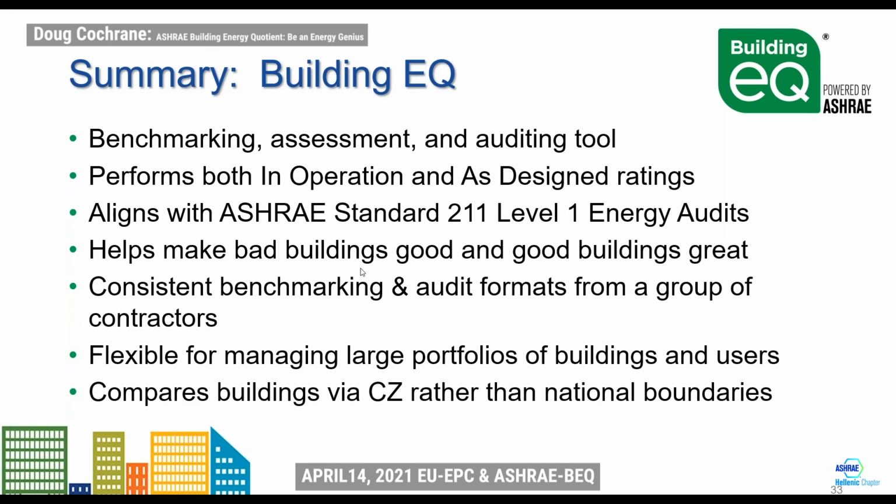Just a quick thing, to give you some idea of what the committee is looking at now: we're looking at the performance rating method for ASHRAE 90.1 to bring that in for the as-designed rating. We're working with TC 9.9 data centers to come up with some commonality on what can be used there. Looking at system level KPIs, which seems to be a big thing these days. Digital twins, and lastly, the ASHRAE headquarters building. We've got a few issues with the model we've been given to try and get a rating, but the thing is to get an as-designed rating for the ASHRAE building, and then we do an in-operation rating once it's been in use.